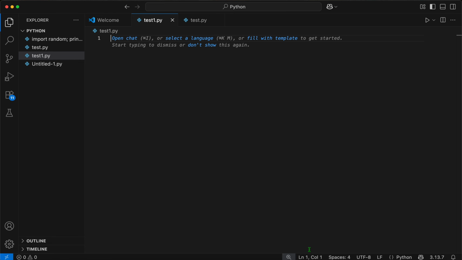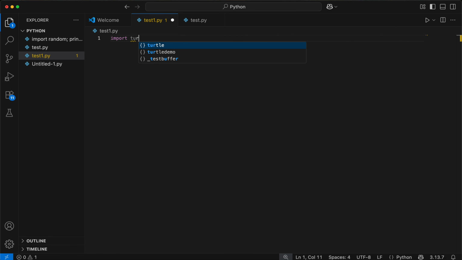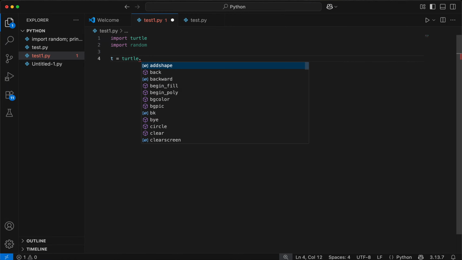In this video we're going to create a new project where we'll create a lightning using the turtle, and it will be totally random. It will create the lightning on its own. So okay, first we'd like to import turtle because we're going to be using turtle. Then we would like to import random because the thunder will be made at random. So we'd like to write t equals turtle dot